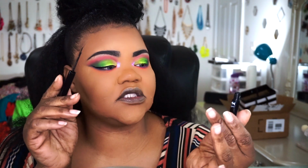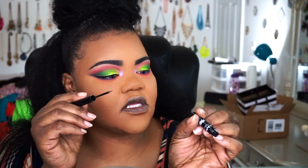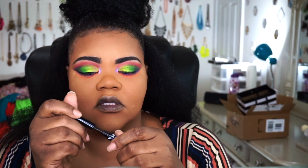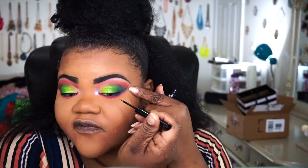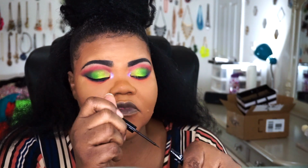I'm using the NYX matte eyeliner, and this is in the shade Black. My go-to all-time favorite, OG original. You guys know me in this liner. But it was just like,